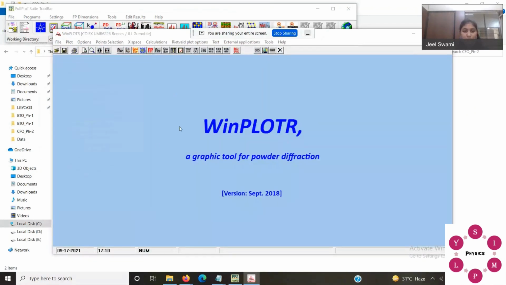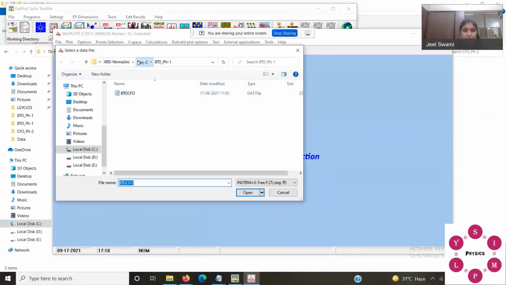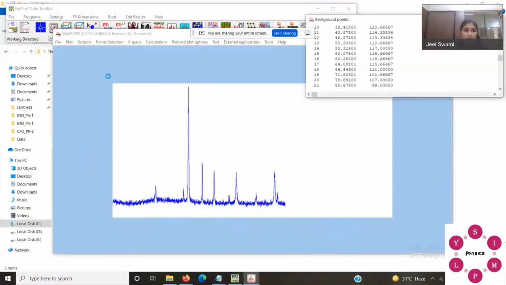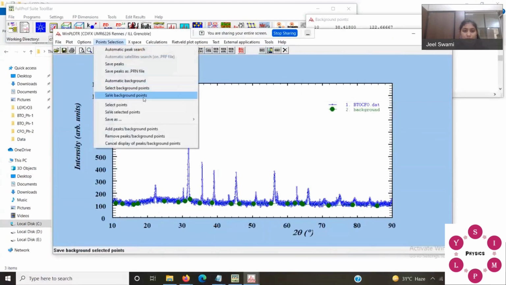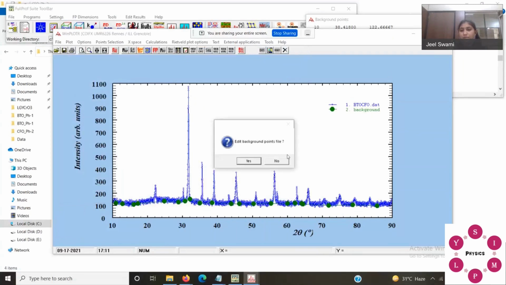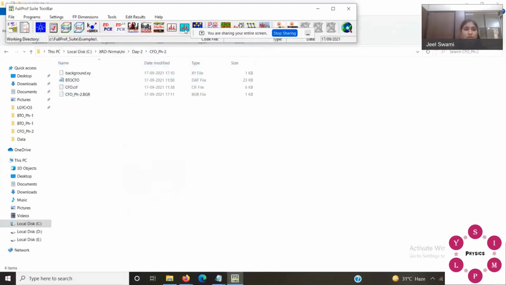Open your PCR file in phase 2. Now we are refining phase 2. Okay. So save your background points. It's done.